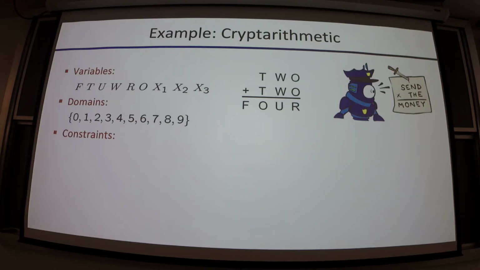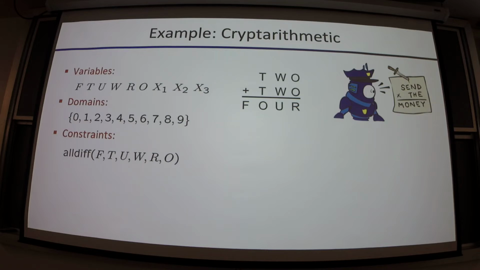And then what do our constraints look like? Here's one. They all have to be different, right? All of the named variables from the problem have to be different, right? That's not a binary constraint, is it? Well, it's operating on the whole set, excluding the carry variables. That's different than what we've talked about so far. But you can actually turn this into a set of binary constraints if you just do pairwise inequality, right?